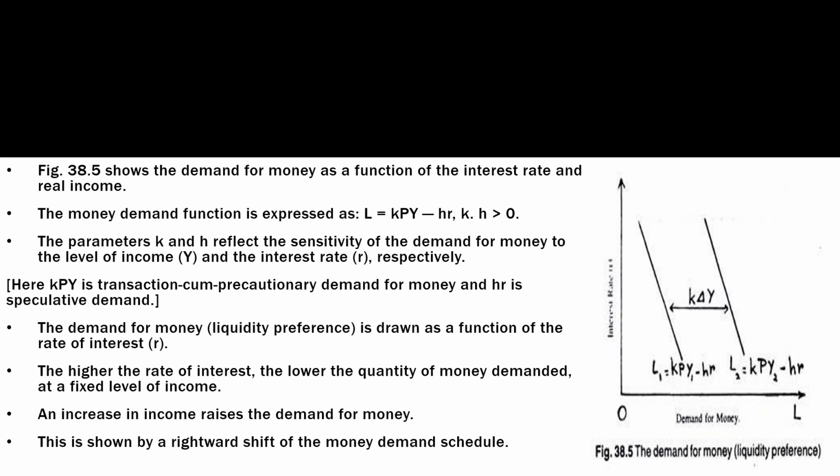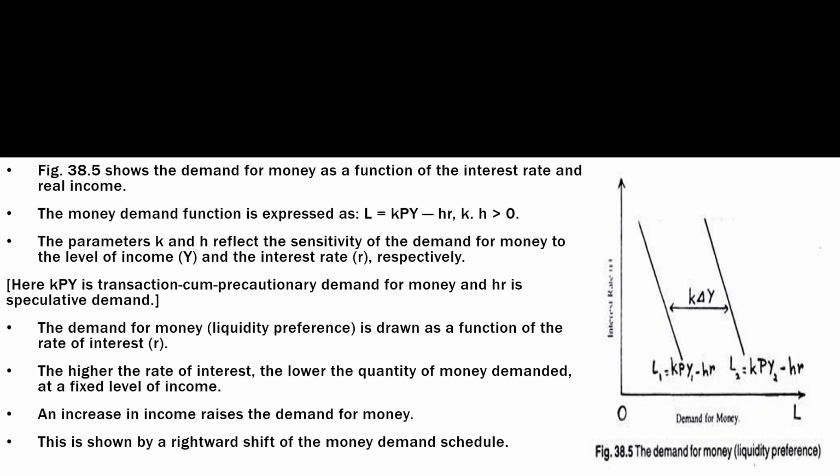When you say demand for money, we are looking at liquidity preference, and this is drawn from the figure. It is considered to be a function of the interest rate. The speculative demand for money, and how it is influenced by the rate of interest, is discussed in the Keynesian demand for money video. If you haven't watched that video, I request you to go and watch it. I'll be providing the link in the description box so that you can use that.